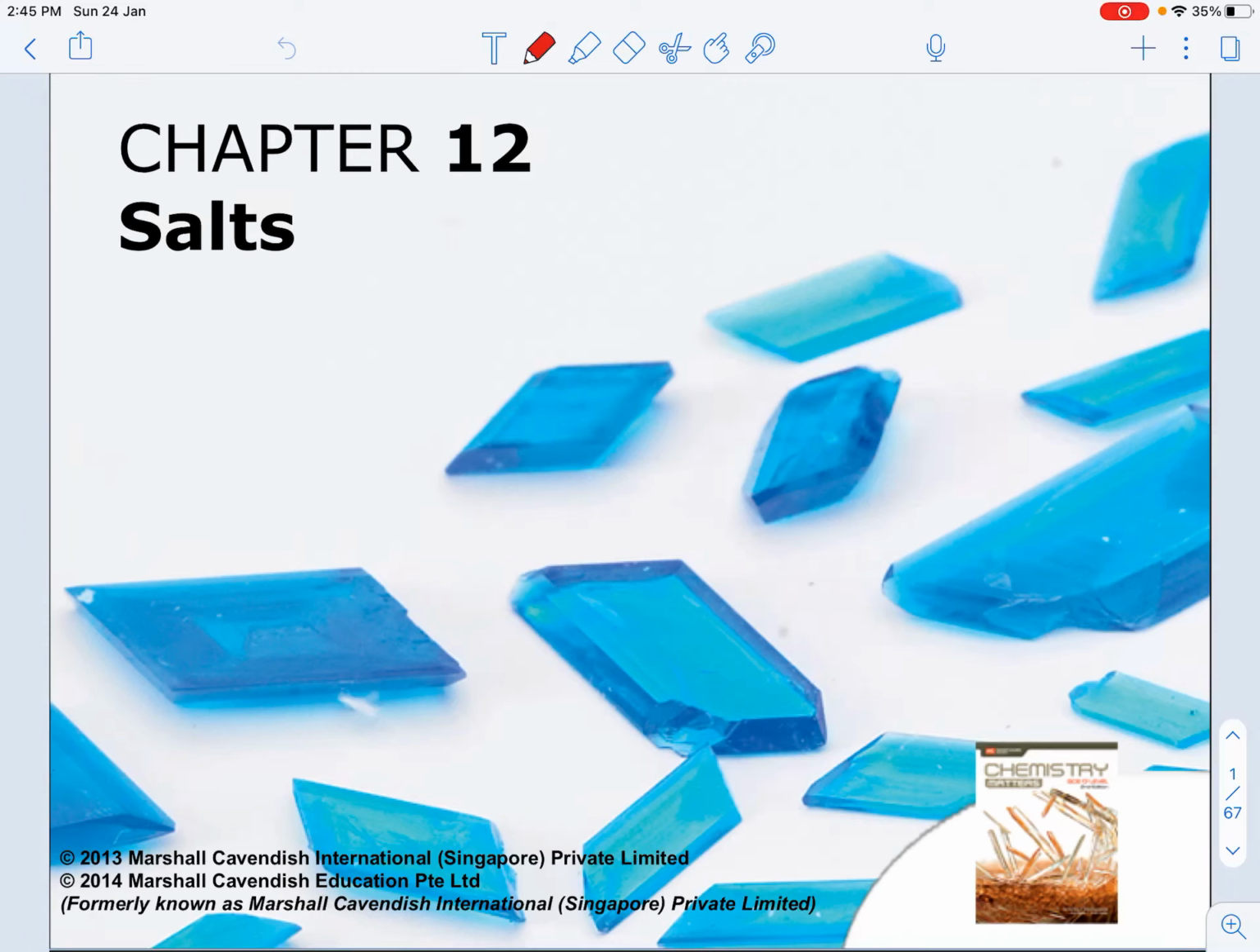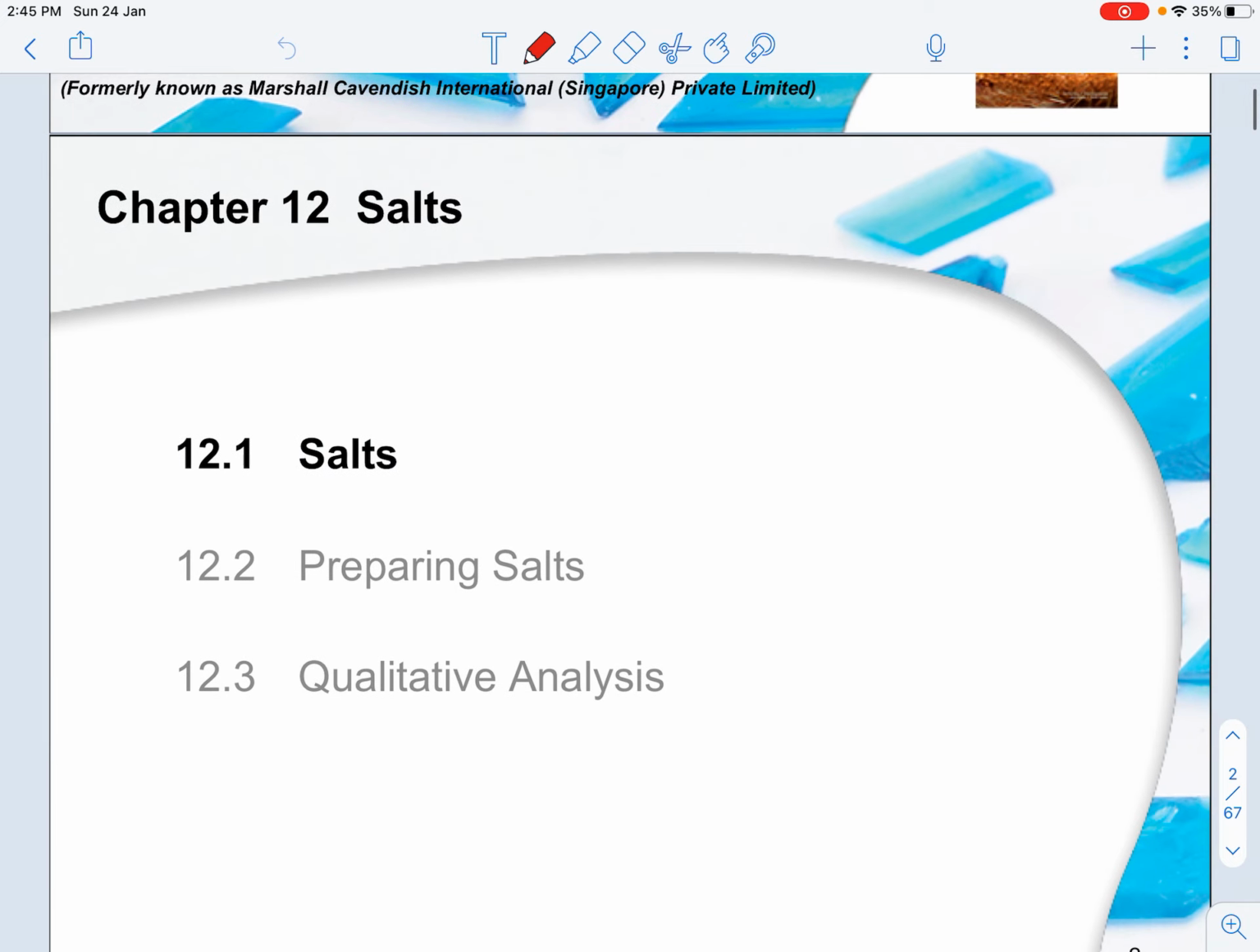Okay, so this is the chapter on salts, and if you can get the textbook, read the textbook, it's good. The textbook is Martin Cavendish. It's quite clear. So for the salt preparation chapter, there are three main aspects of this chapter that you need to